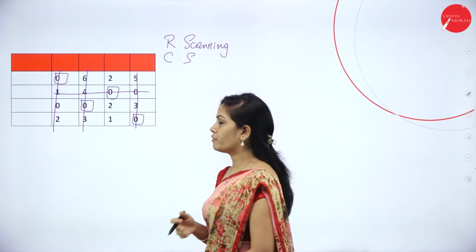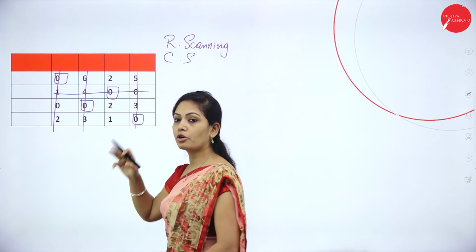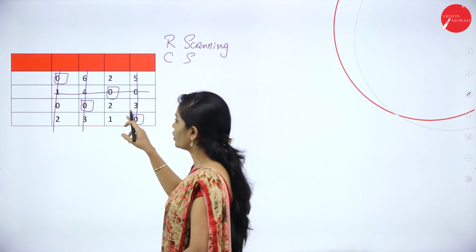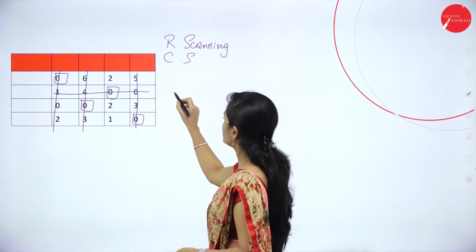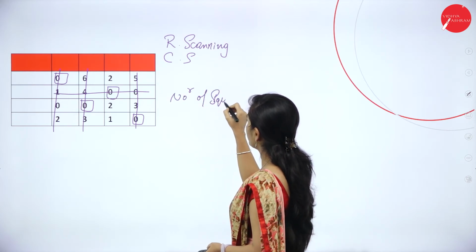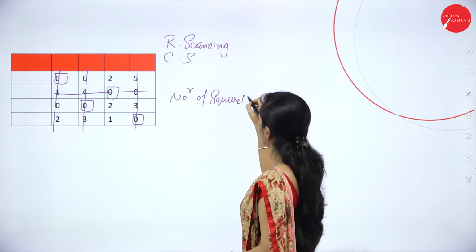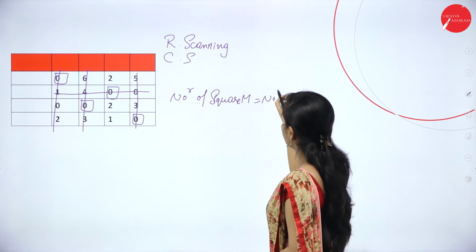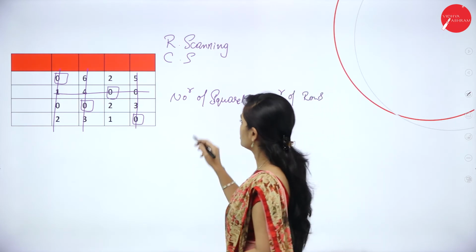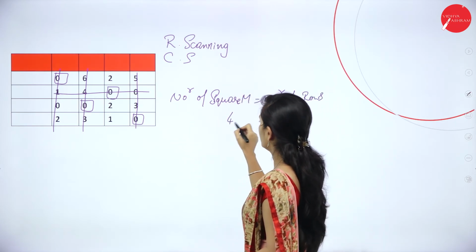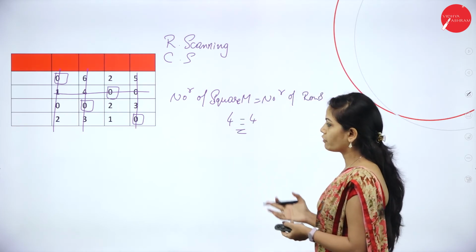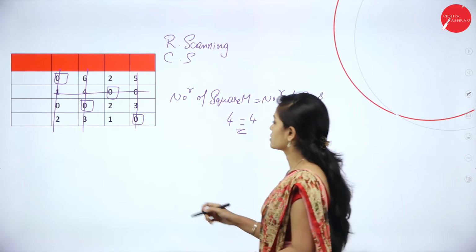Now you can cross verify that the number of rows is equal to the number of columns. So I have 1, 2, 3, 4. The number of square marks is equal to 4. The number of square marks is equal to the number of rows. So how many square boxes have I put? So 1, 2, 3, 4, and the number of rows is also 4. So it is a square matrix. Now you can find the assignment and total cost.